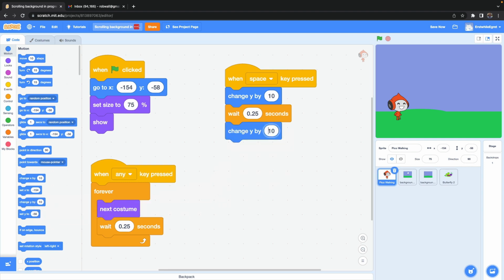And if it goes up by 10, then I want it to come down by 10 at the end of the jump. Oh, there we go. So when the space key is pressed, Pico is going to jump up just like that. Okay, well, that's